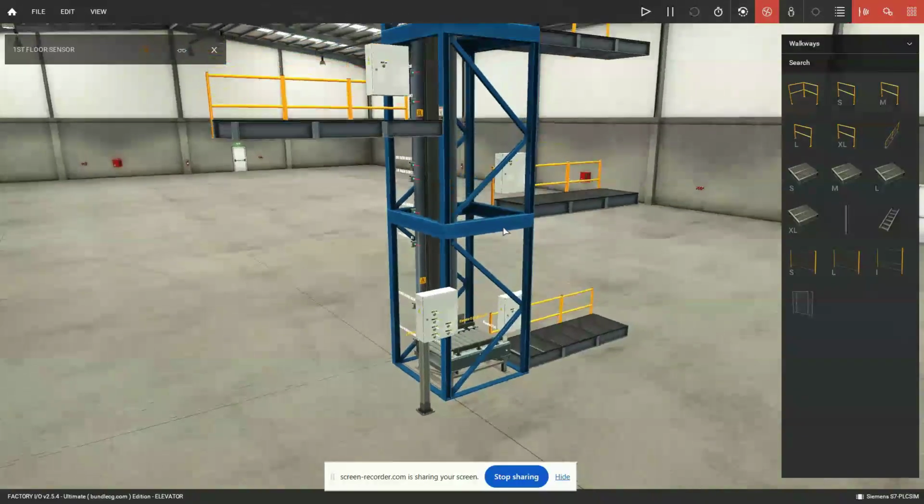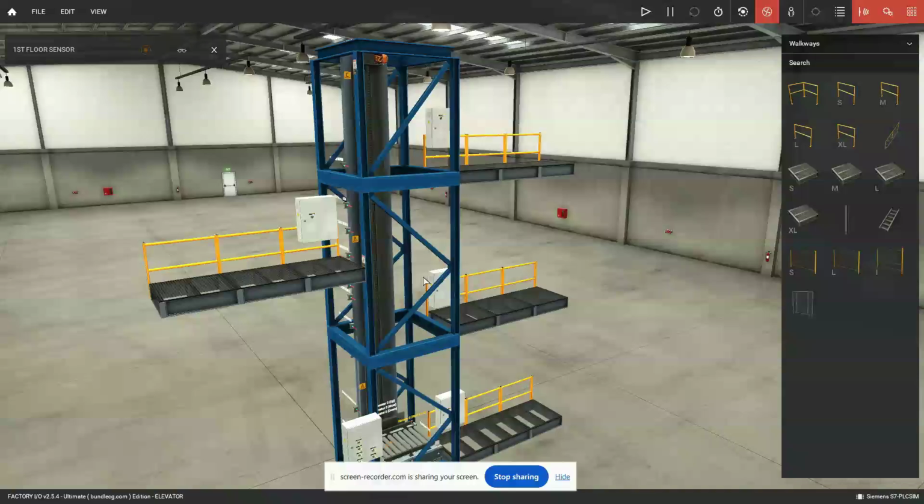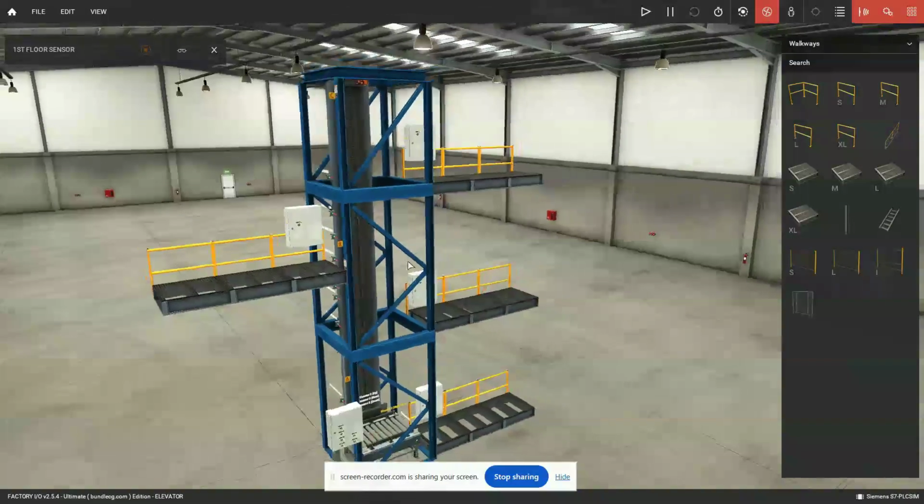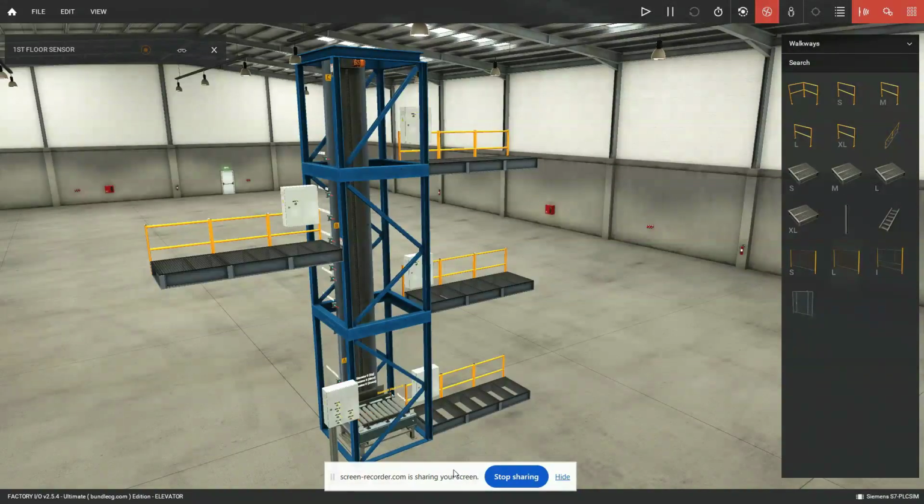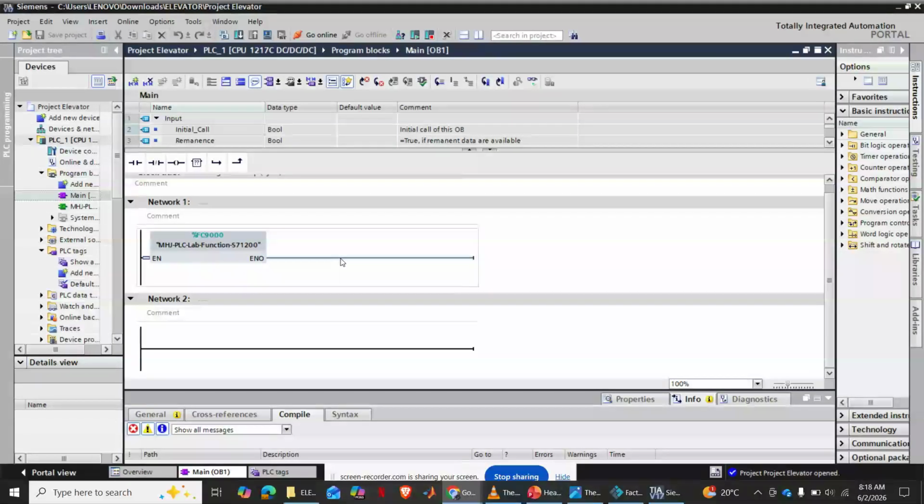Okay, so as we've already seen, this is what we have, and this is what we want to achieve on our lift. So now let's go to our Siemens TIA portal, and on our Siemens TIA portal, we are going to write our program now right here. Okay, so we write our program. All right,